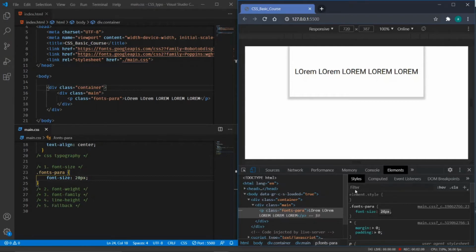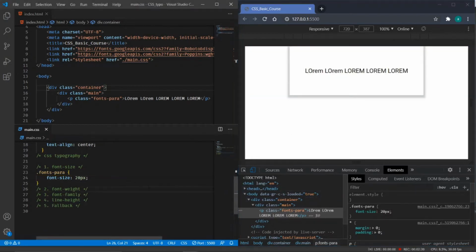You can just work around this developer tool, change the font size, check whether this font is proper or not, and accordingly change the CSS. I usually go and check out the developer tools and find out which is the perfect style, and then I apply the style on this. So this is the way I work.